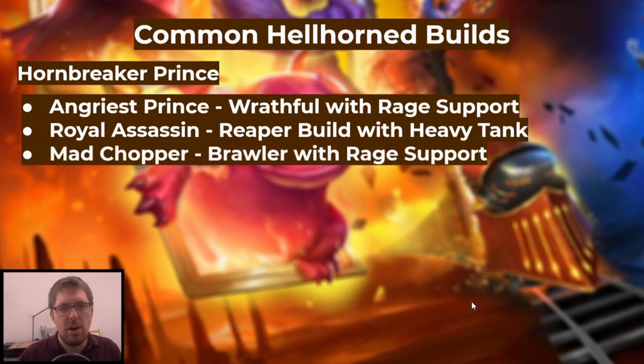Then you have the Mad Chopper. This is a heavy brawler build. It's, I think, the most difficult of the 3 to make work. You need a lot of rage to make it work, and you need a heavy tank to make it work. But the Mad Chopper build can work. It is difficult to get scaling very early, but by the end, if you have enough rage support, it ends up being one of the highest damage dealing